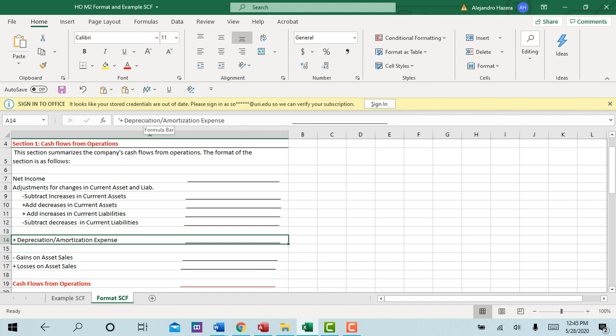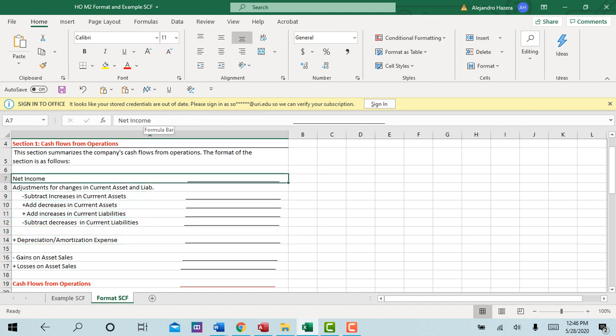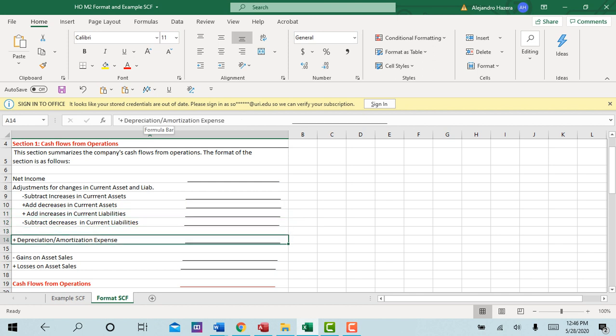When you record depreciation expense, you debit depreciation expense, which drives down net income, and you credit accumulated depreciation, which decreases your net book value. But no cash goes out. So you have an expense that has decreased net income, but has not resulted in a cash outflow. That's why we're adding back